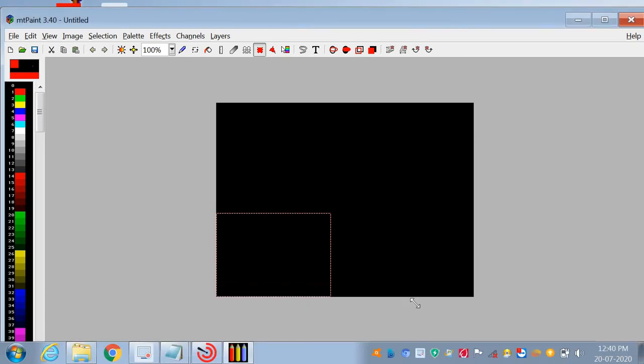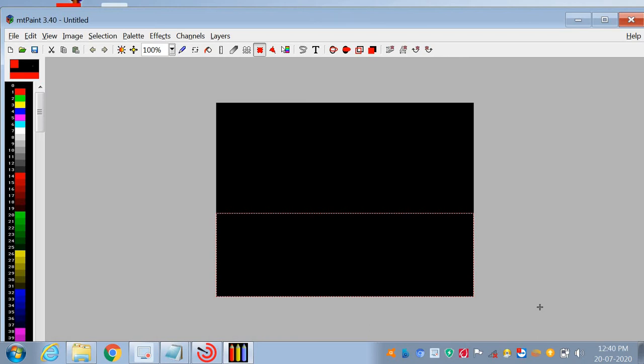Hello students, today we are going to learn our lesson number 3 practical with the use of MT Paint program. In the previous lecture I already explained how we can edit our image.